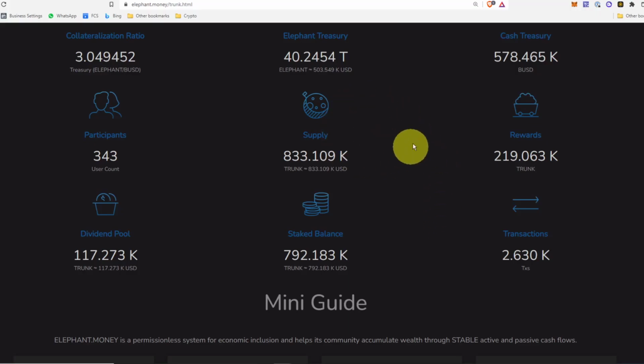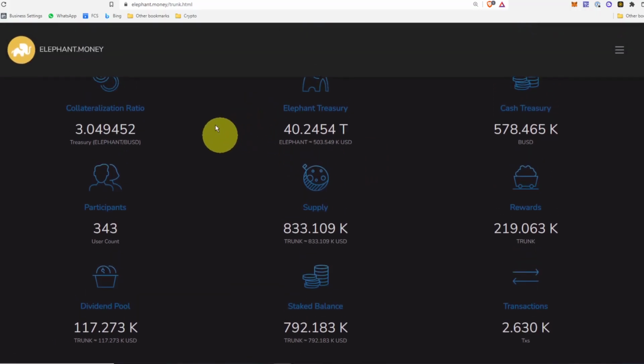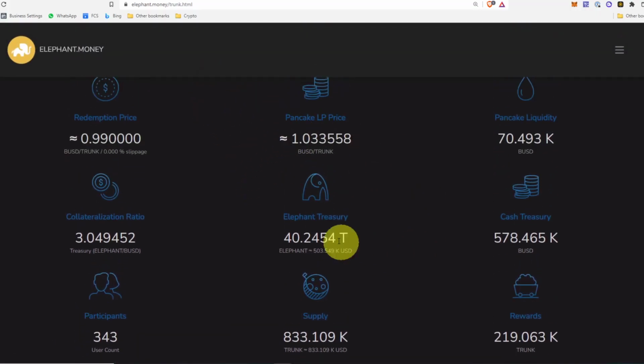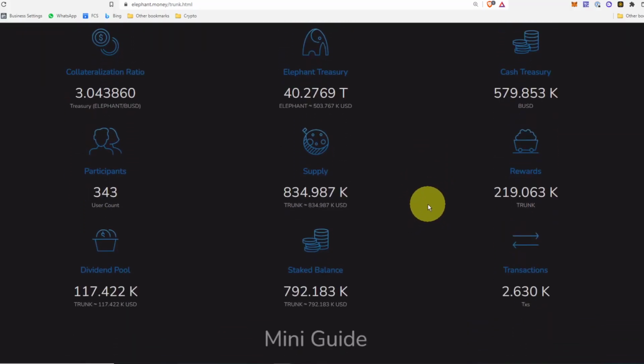Also, when it comes to Stampede, all of that minting and redeeming of trunk is feeding the Elephant Treasury in addition to an Elephant BUSD LP. And when it gets put into Stampede, it gets burned. So it doesn't technically increase the supply in that regard. However, the mint and redeem process of it is still